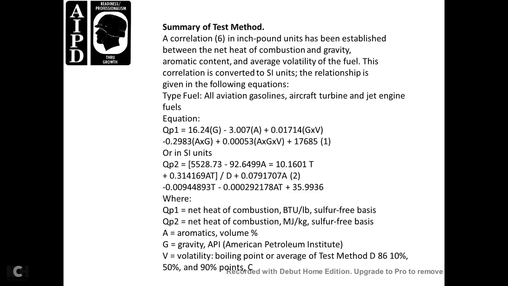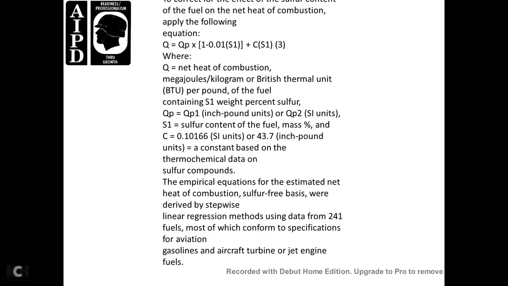Basically, you're going to have to look at that for yourself. To correct the same